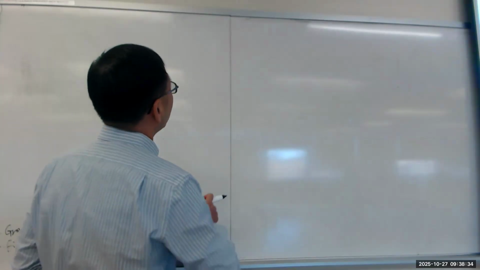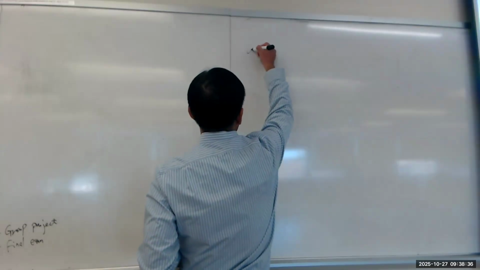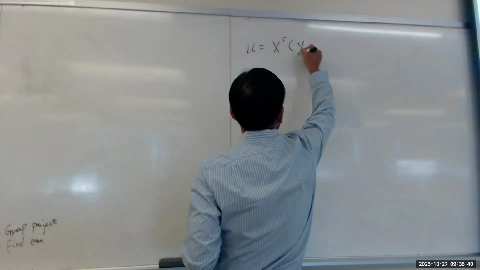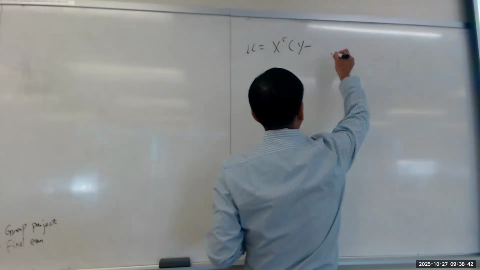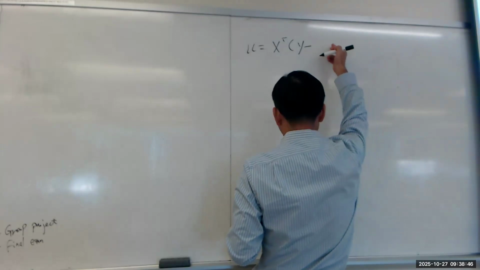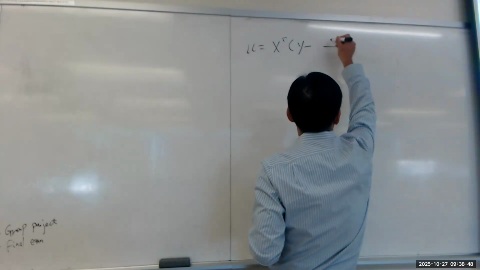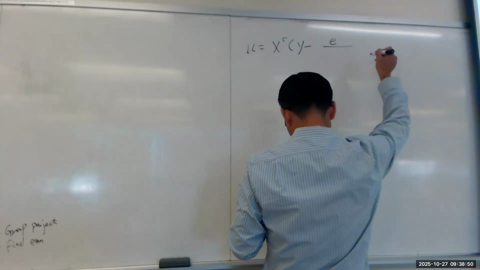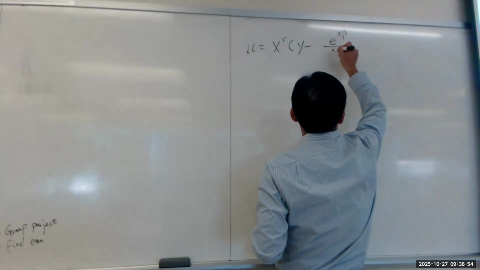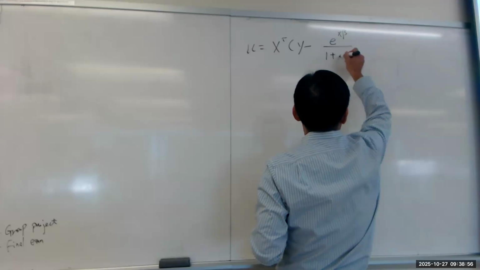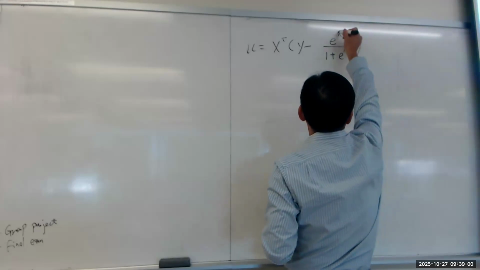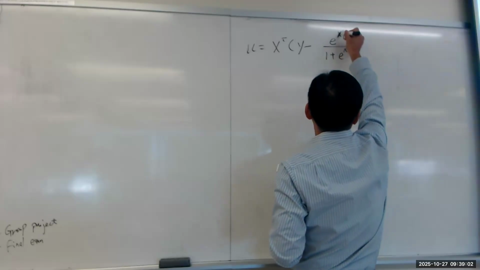So in general, we have this gradient, right? We have the gradient u, which is equal to x transpose y minus pi t. Pi t is essentially equal to e to the power of x beta over 1 plus e to the power x beta. Right. So this x is